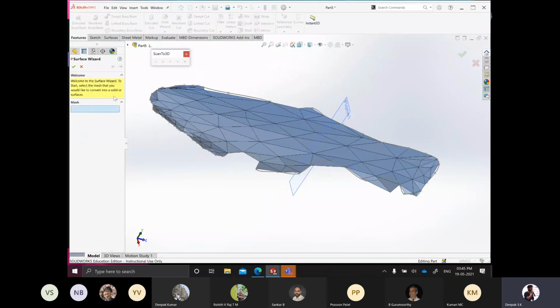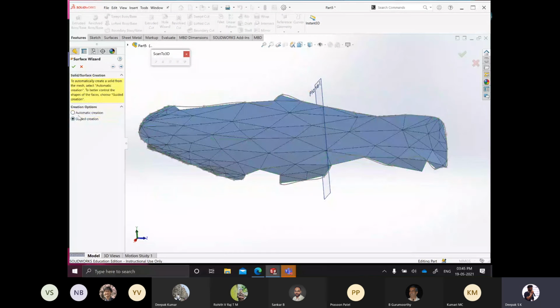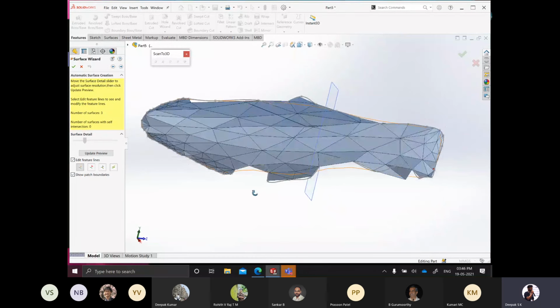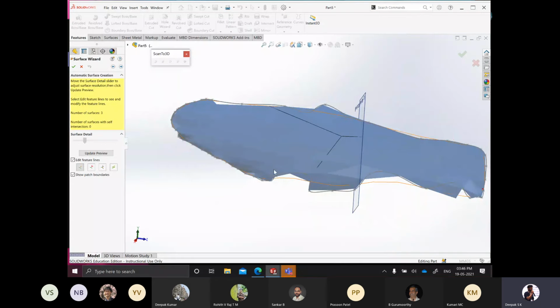The last step, as always, is the surface wizard. So click on here. We have a mesh which is abstracted. Then go next. Now first let's try to get the automated creation one, and then later we'll try the guided creation one. In the automated one, I select almost a quarter of the right, and when you give this edit feature line, which is an interesting feature, you'll get the feature line which it is representing to make the patches. If I go to the smooth view, you will see that now there are 3 patches here. And this orange line that you see is the reference line which the software is taking to define these patches.